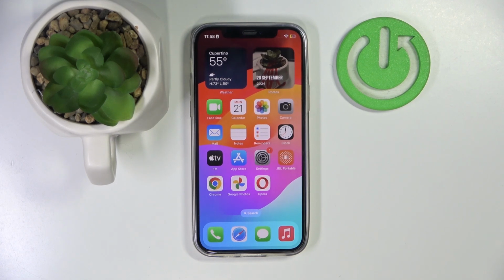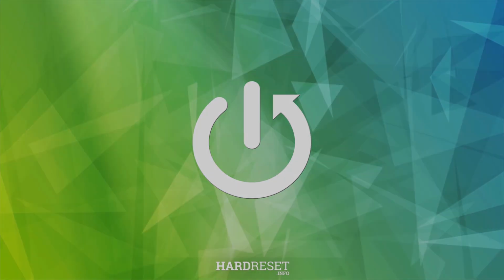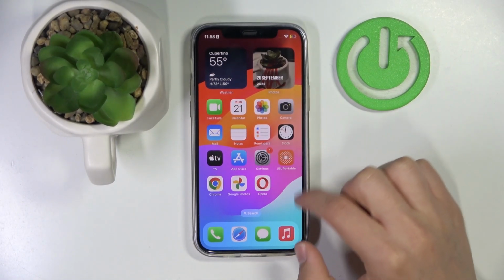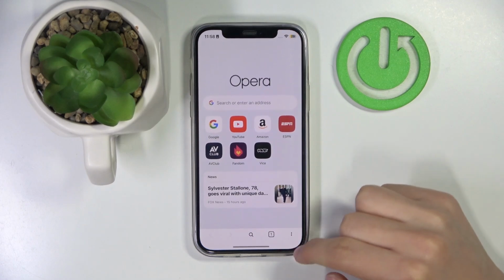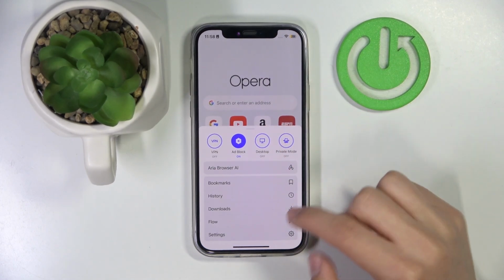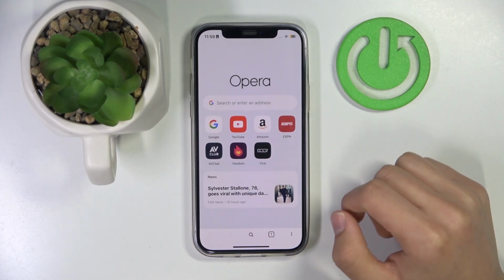Today I'm gonna show you how to set Opera browser as your default browser on iPhone devices. Now as you see, I'm already on my home screen. Then what should you do? Just click Opera, then go into the three dots, then go into the settings, the bottom one, click on it,